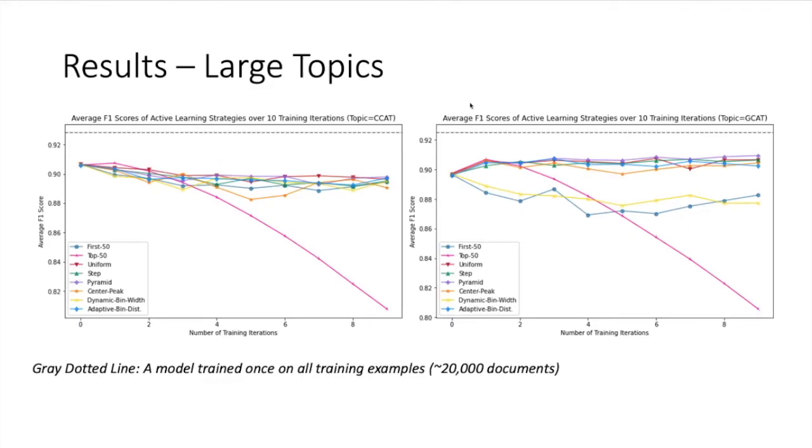So let's start looking at our results. For these first two results, we're looking at very large topics, meaning that they had several 100,000 positive examples. The chart on the left actually had over 300,000 of the 800,000 documents in RCV1 about this topic. So most of the strategies look like they perform fairly similarly, except for the one in pink, which happens to